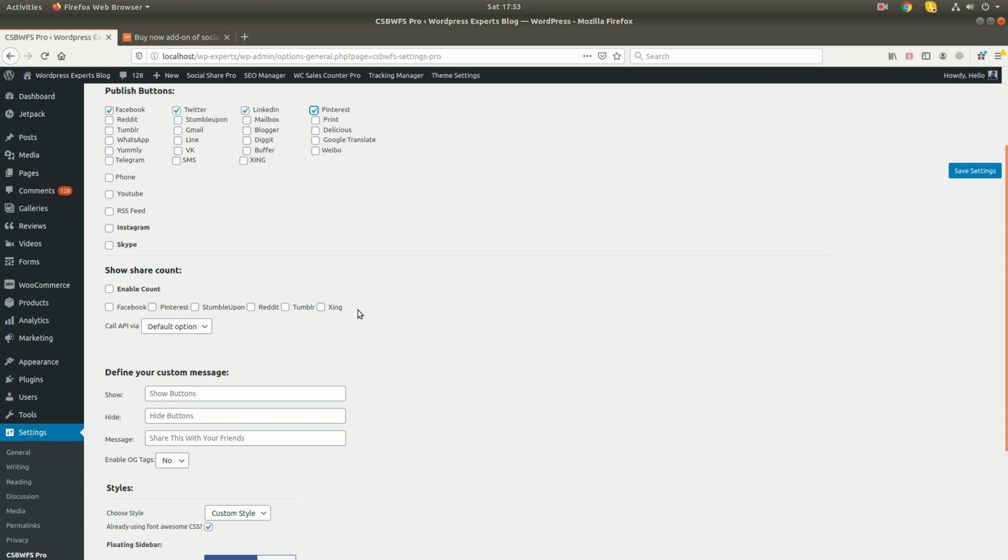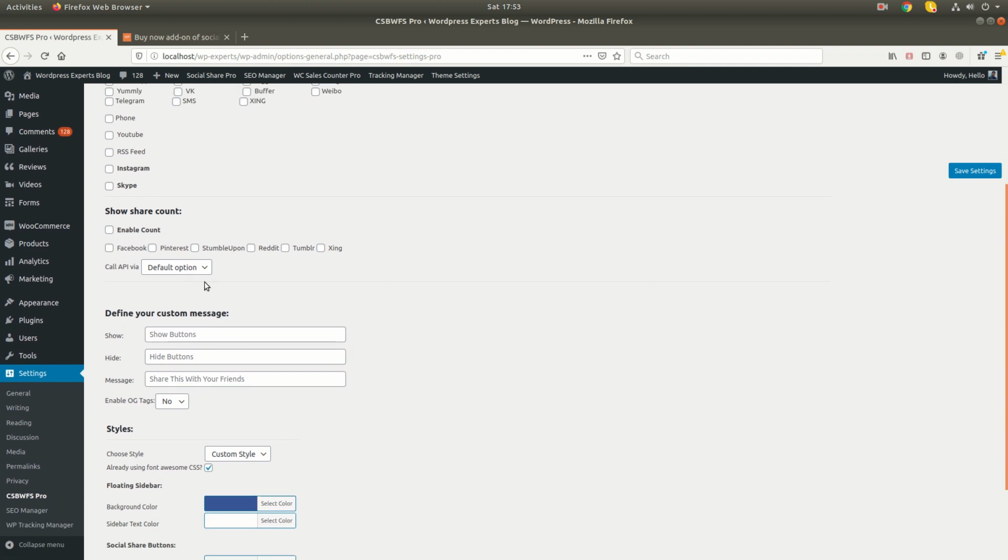Last time Google Plus removed its functionality, so that's why we have removed Google from here as well. And in the old days, Twitter had given the facility to publish the share count on your website, but for the last one or two years Twitter has also removed the count functionality, so we have removed that button from this section as well.